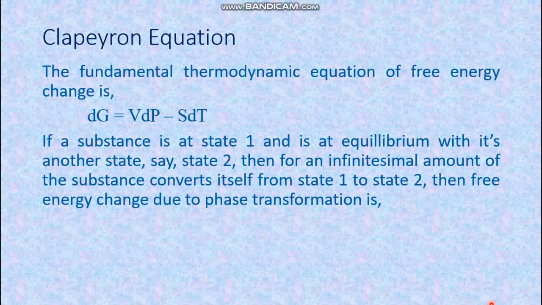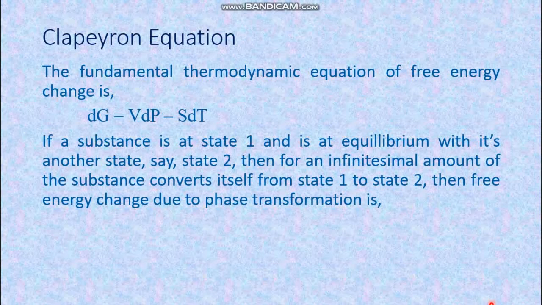Now suppose there is a system which is in state 1, or one of its phases, maybe solid, liquid or vapor. Now it changes its state from state 1 to state 2, some other state. If it's a solid, then it may become liquid or vapor. If it is a liquid, then it may become a solid or vapor, and so on. So if a substance at state 1 is at equilibrium with its another state, say state 2, then for an infinitesimal amount, that means a very little bit of the substance, which converts